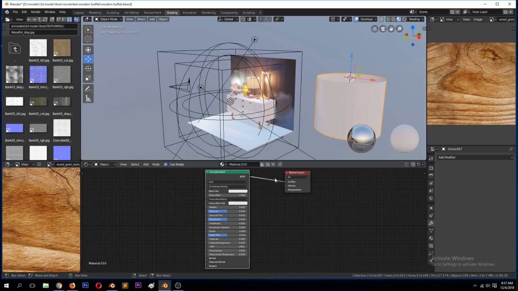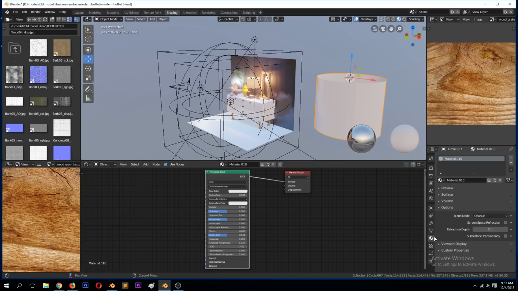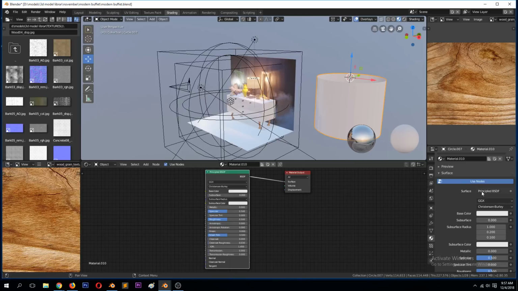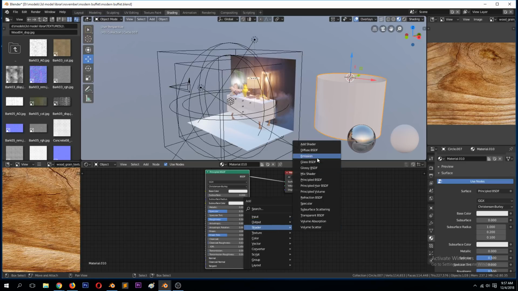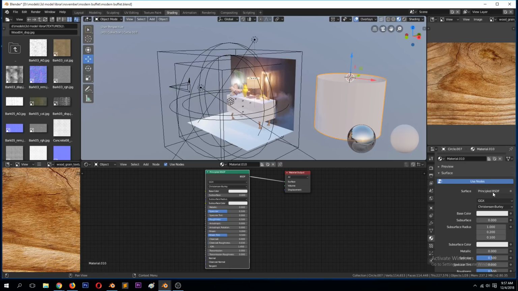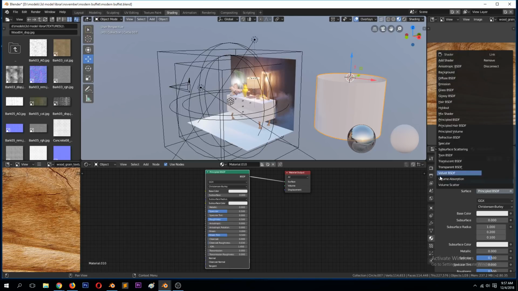So the principal material. To bring up the translucent material, I found that if you go to the material settings, to the material tab, then in the surface, you will see the material node that is used here. When you try adding the translucent shader directly, you won't be able to find it. But under the surface, you will find all the materials listed there, and you can see the translucent